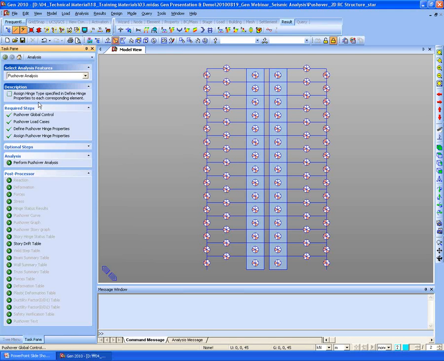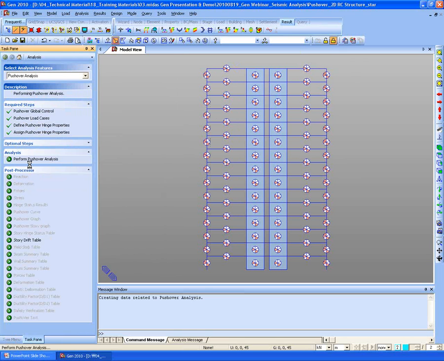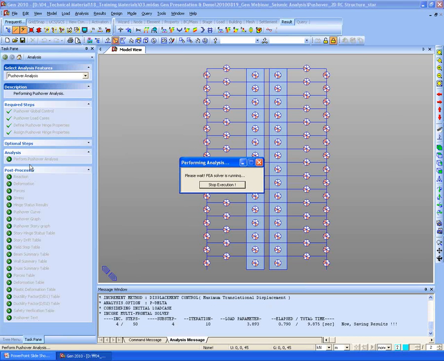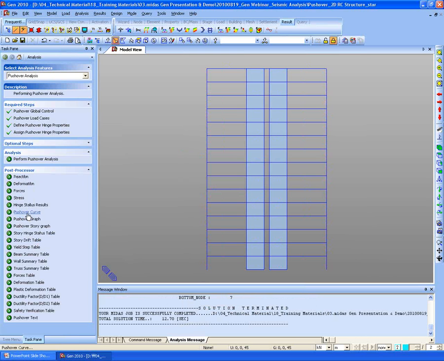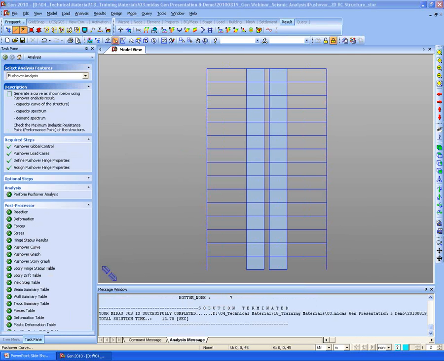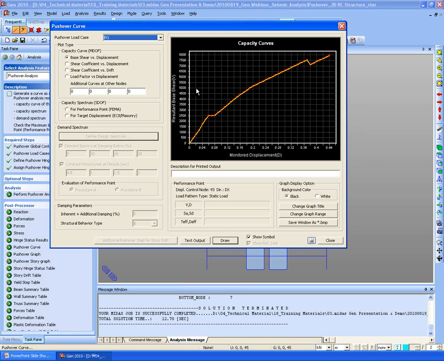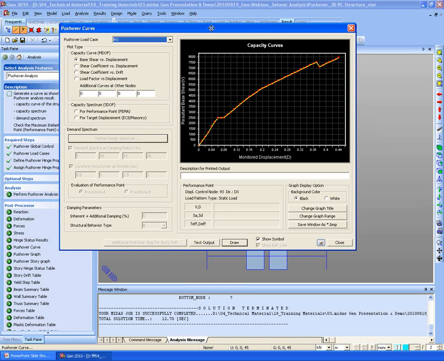Then a required step has been done, so let's perform the pushover analysis. Then we can see the pushover curve. So we can see the pushover curve, and in order to see the target displacement,